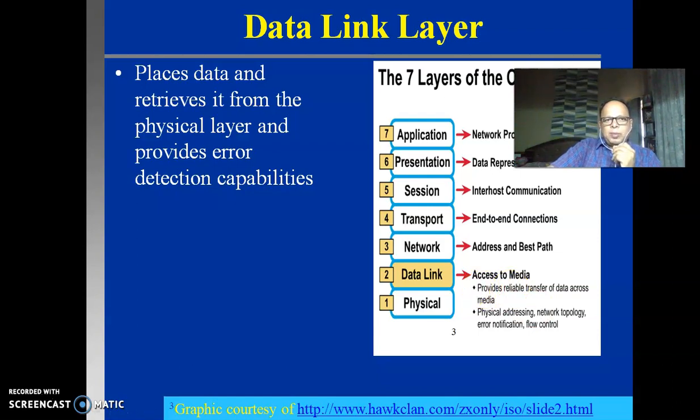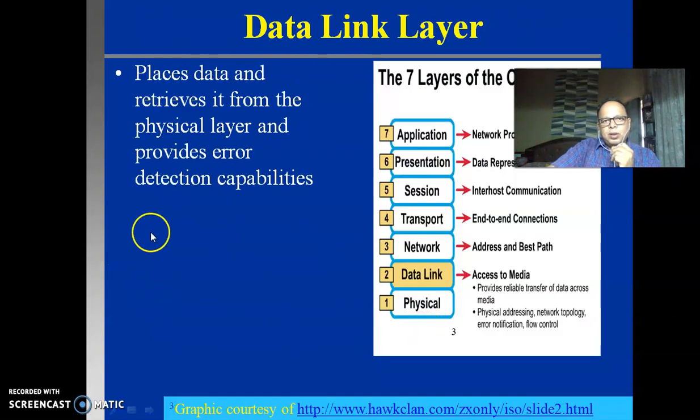Now this layer gets the data from the network layer along with the address to where the packet is to be sent, right? And it gives that chunk of data to the physical layer, which has access to the media, so that it can be sent over the media.